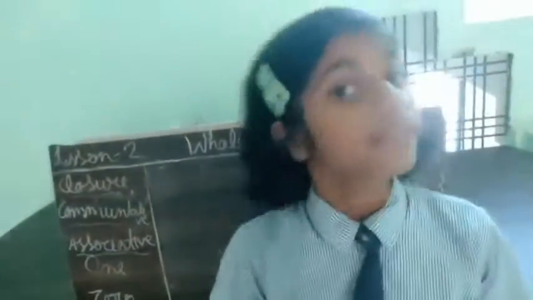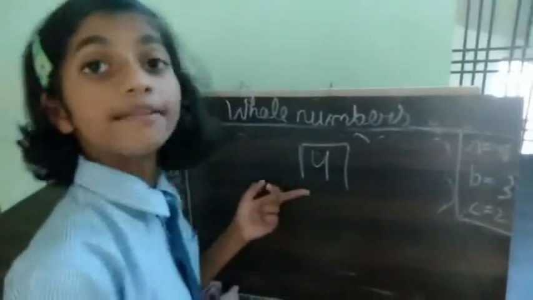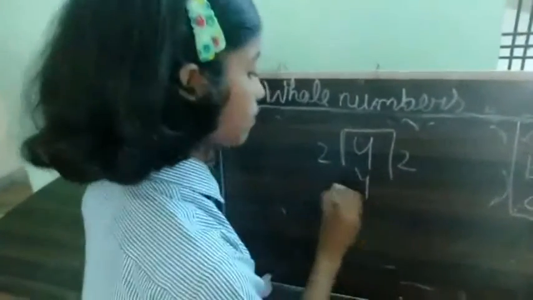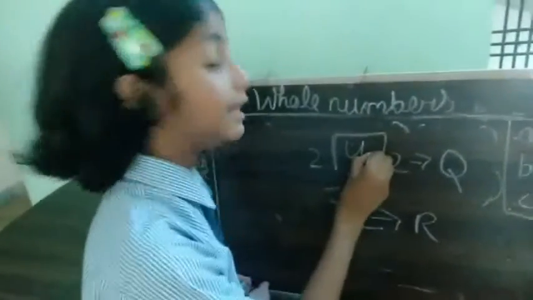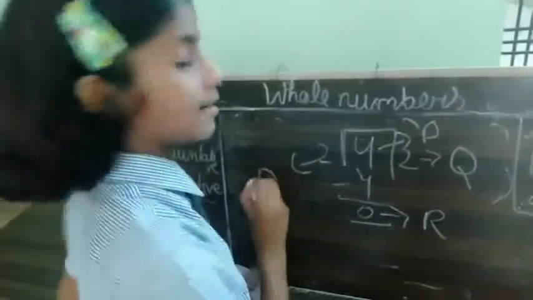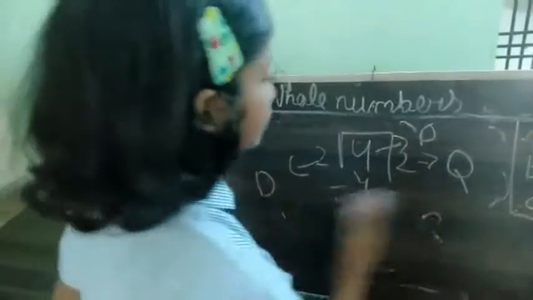Now our next topic is division. We know what division is. So first we see how to do division. 4 divided by 2: 2 fours... 4 minus 0. This is the quotient. This is the remainder. This is the dividend. And this is the divisor. These are the 4 parts of division.